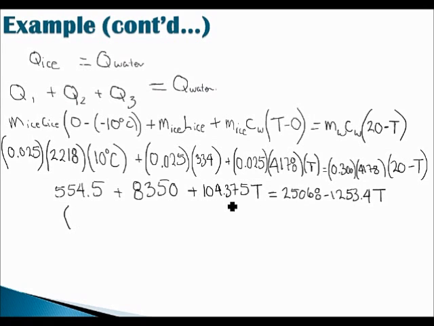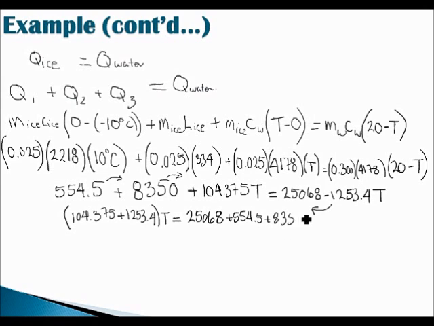So what we want to do is isolate, get T by itself on one side of the equation. So bring this one over, and then these two guys, or these two gals, depending on how you want to call them, move over to the other side of the equation. So here we have 104.375 plus 1253.4 T equals, and all this stuff. So 25,068 plus 554.5 plus 8,350. Okay. Adding these up gives you